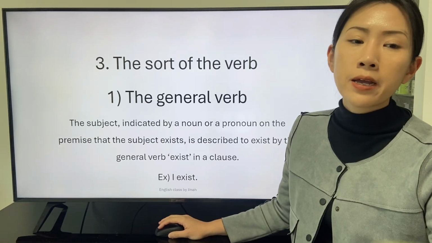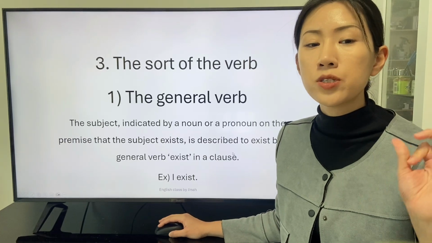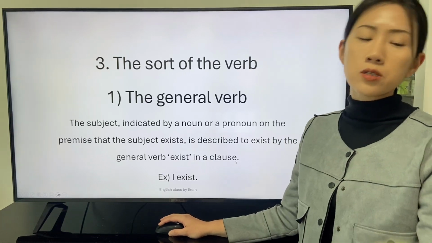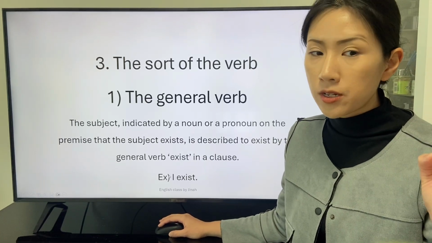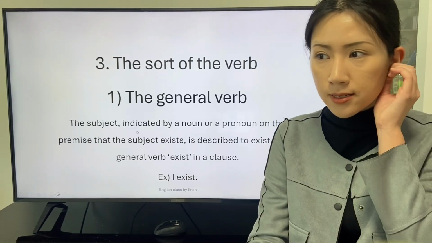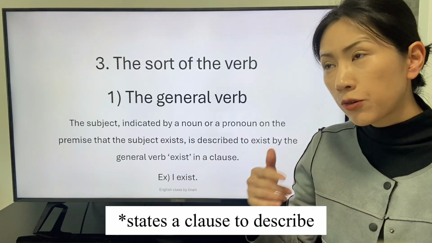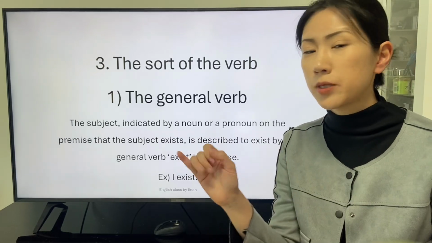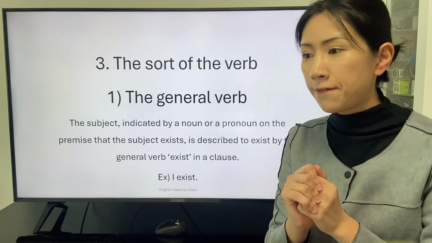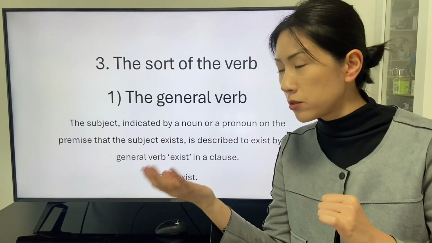The subject indicated by a noun or a pronoun, on the premise that the subject exists, is described to exist by the general verb exist in a clause. For example, there is a clause, I exist. The speaker wants to emphasize the fact that the subject exists, the existence of the subject with the verb, because the indication of the subject and the description about a subject